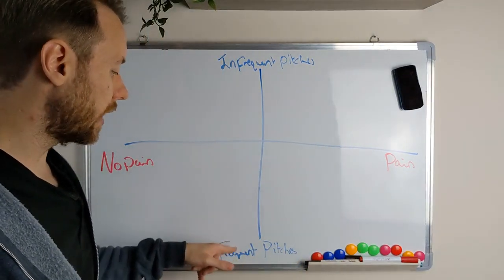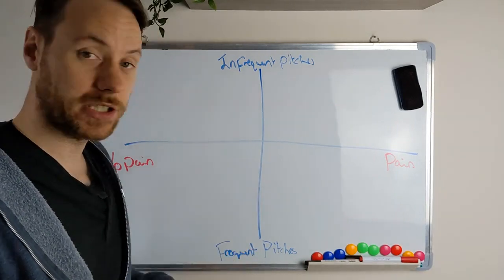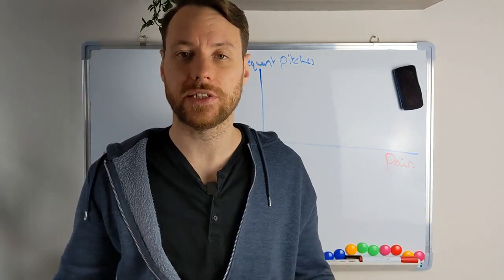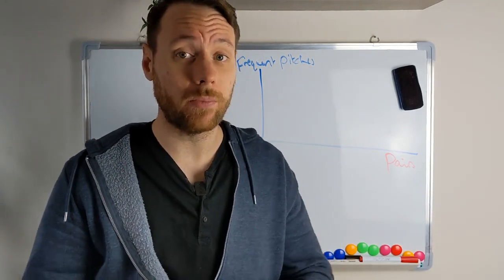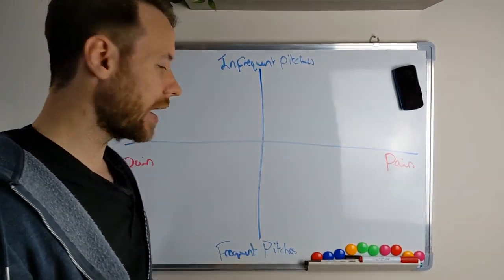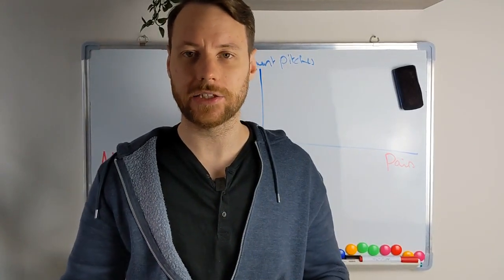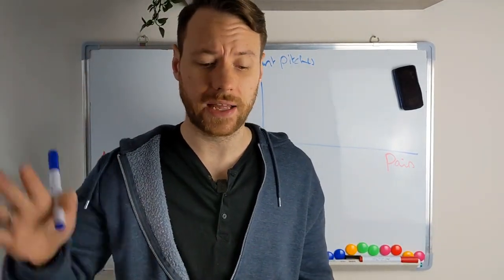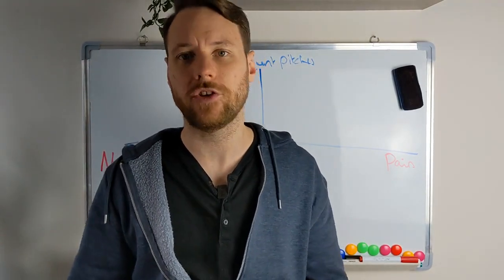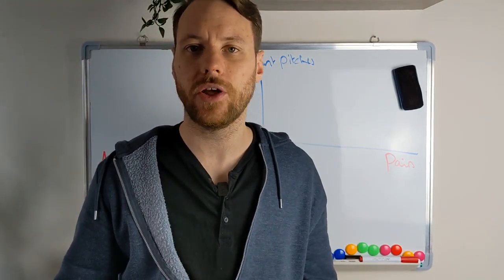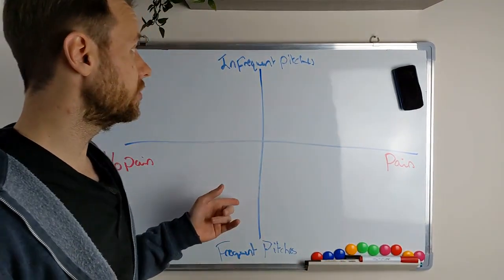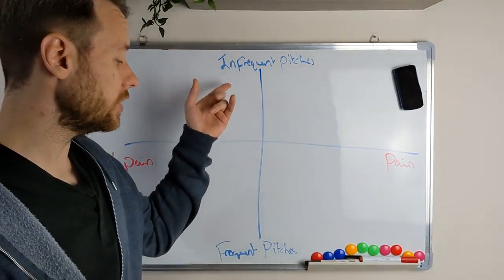So they fall down here with frequent pitches. Everyone tries to pitch them a service, everyone tries to sell something to them. So when little old me comes around and also sends them a link to my calendar, their tolerance is very high. They scroll past it. I have to use special ways to get their attention, and it doesn't work as effectively as with a person who hasn't been pitched very much.